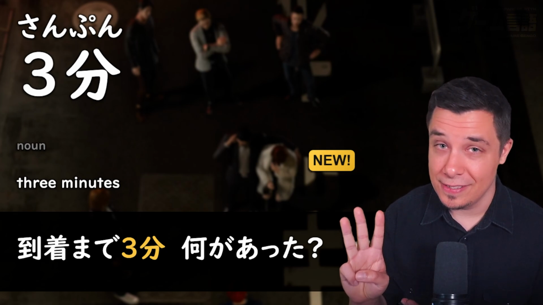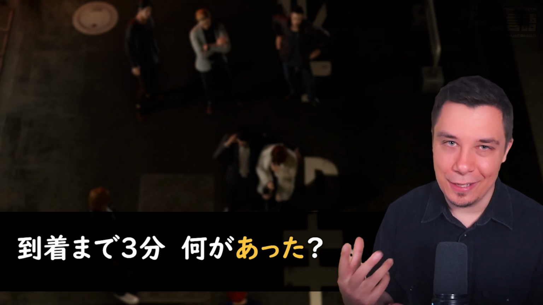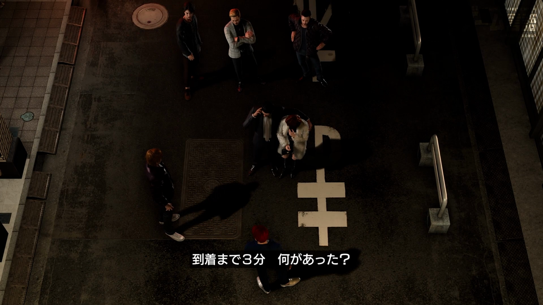It's 3 minutes. Nani, what? And then nani ga atta. Atta here is to have happened. So what happened? So I'm 3 minutes away from arriving. What happened? 到着まで3分。何があった？